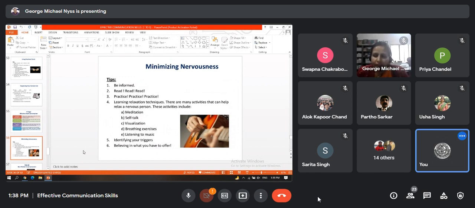Learning relaxation techniques. There are many activities that can help relax a nervous person. These activities include, what are they? Look at this. These are meditation. You can do meditation to minimize your nervousness. Self-talking is also a method. Visualization. Sometimes breathing exercises will help you to minimize your nervousness, and sometimes listening to music is more comfortable to minimize our nervousness. So use these techniques. If you are feeling nervous, minimize your nervousness first. After that you can comfortably